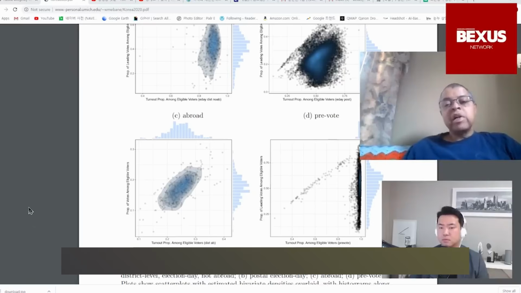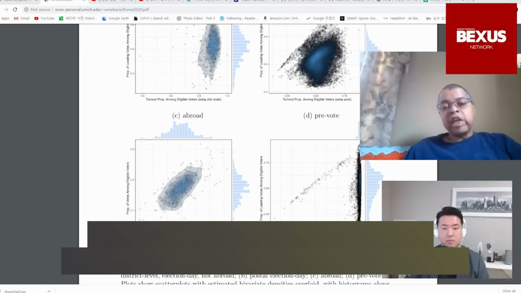There's a lot of overlap between the units that are found as fraudulent for either of the two specifications I described, but they also disagree a lot, which is not really surprising. And so that's what's going on. The so-called fraudulent units are the ones that have excessive turnout and probably excessive votes for the leading party, relative to an over-dispersed model allowing for extra variation beyond just thinking of each vote as a coin flip with the probability set by whatever the mean vote shares or turnout is for each unit.